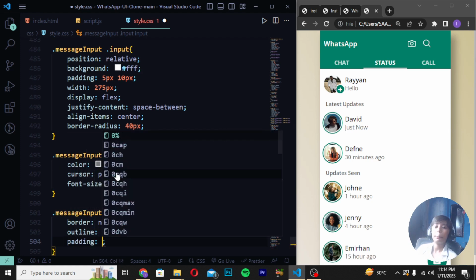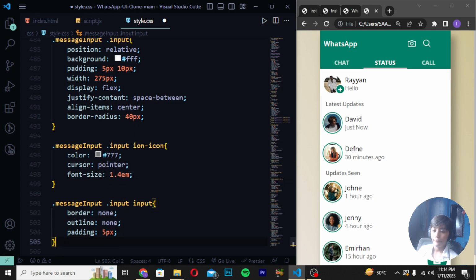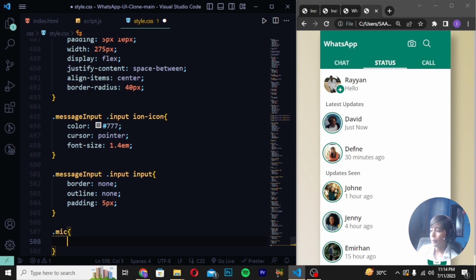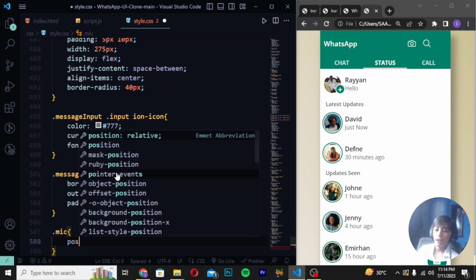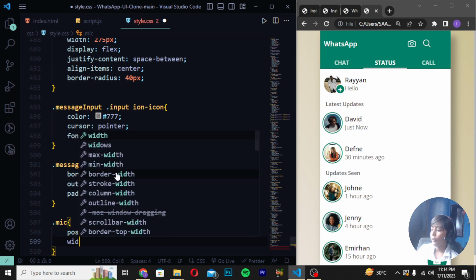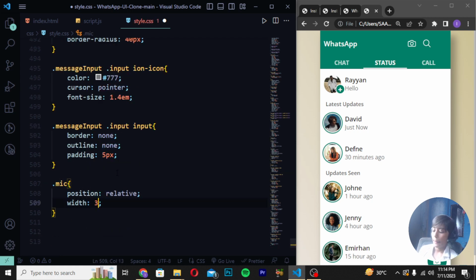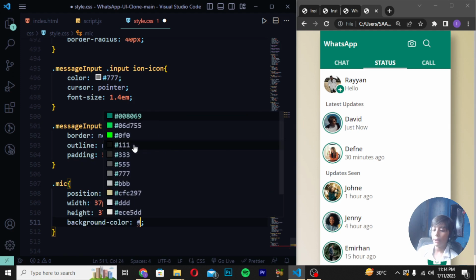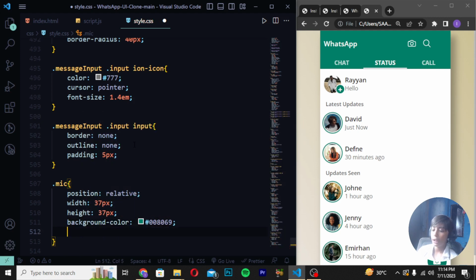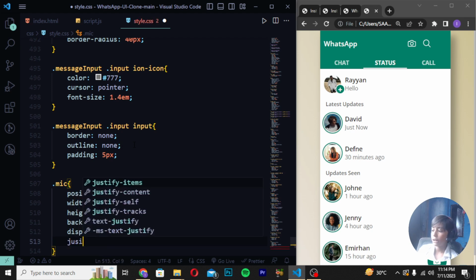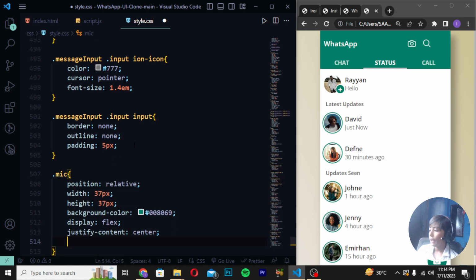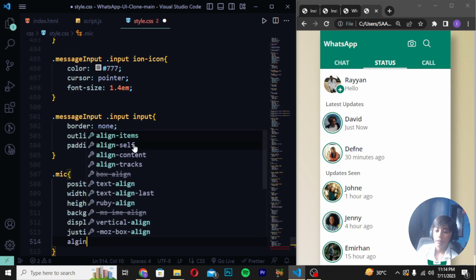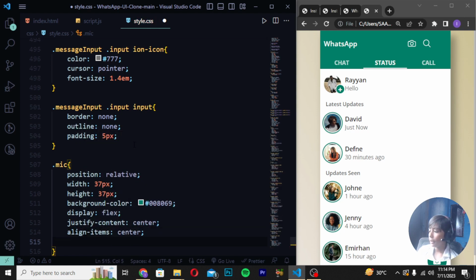And now what we can do here, we can write padding should be 5 pixels. .mic should be position relative, enter, width should be 37 pixels, and height should be also 37 pixels, and background color should be #008069, and display should be flex, justify-content should be center, enter, align-items should be center, and here I will be telling my work is done, and color should be